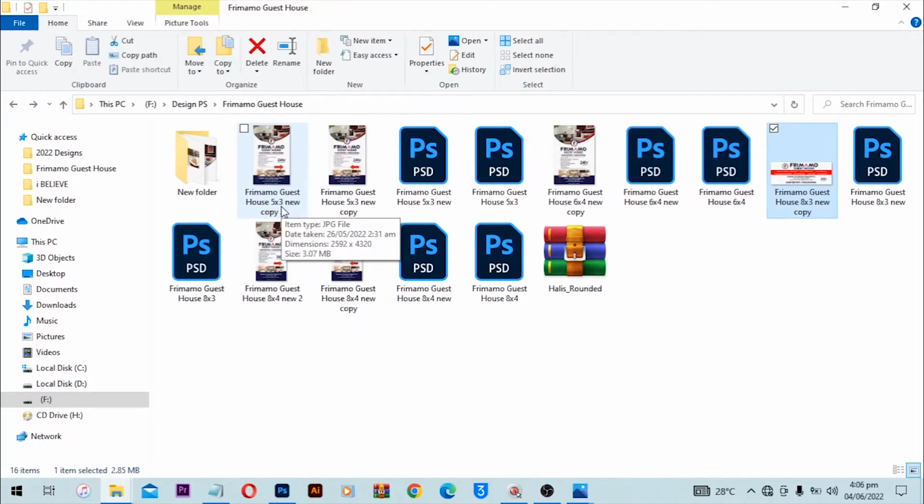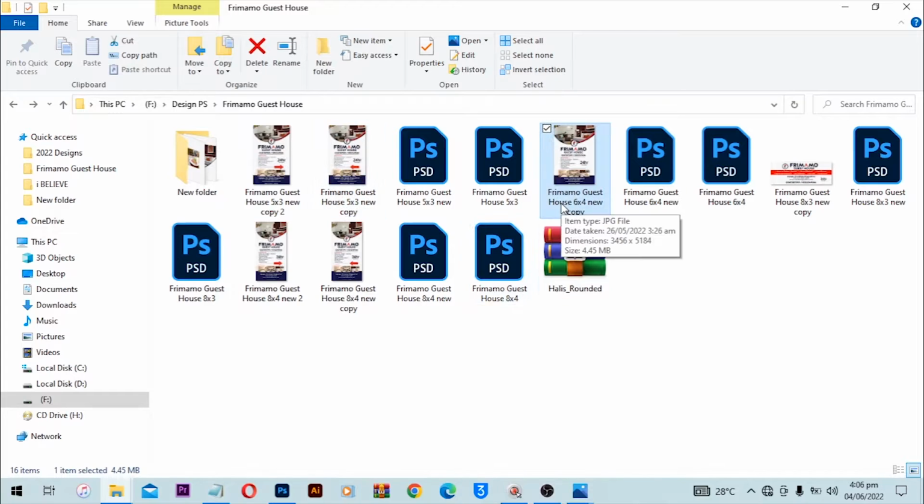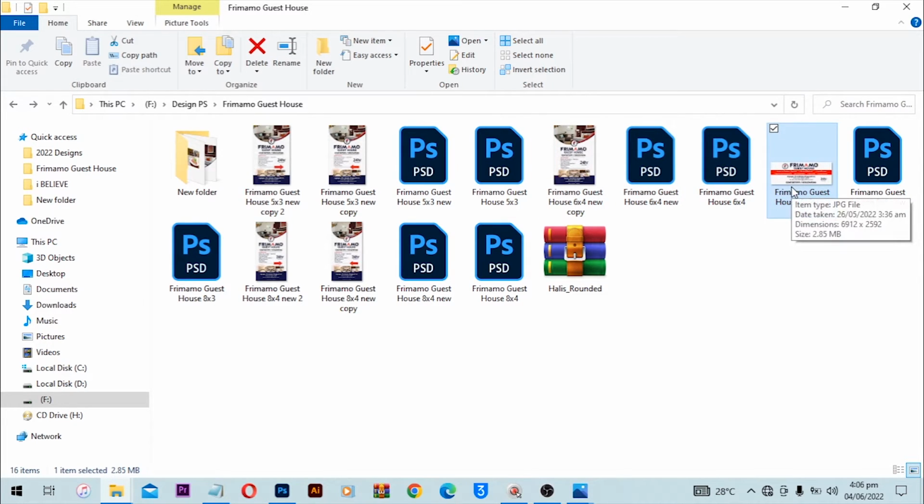So to start with, there were 4 different projects that I was asked to do. The first one was 5 by 3 and it was front and back, which means we had to put an arrow on it. That's why you can see 2 designs here. And this one had no arrow, so we have only one design here. By the way, it was printed twice, and we had another one in front of the guest house. So this one was in front of the guest house, and we also had